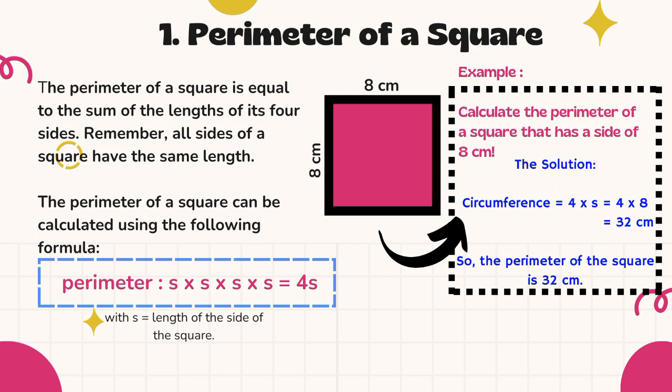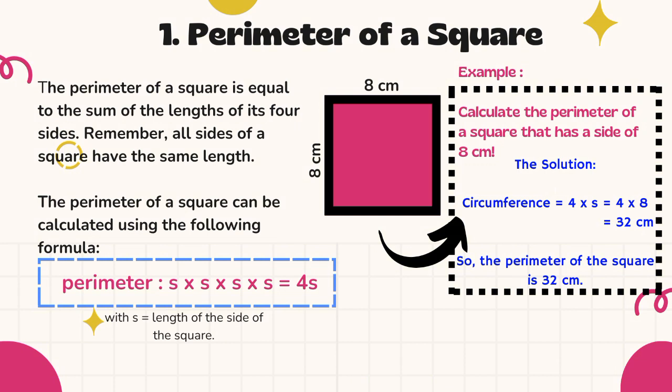The perimeter of a square is equal to the sum of the lengths of its four sides. Remember, all sides of a square have the same length. The perimeter of a square can be calculated using the following formula. Perimeter is S plus S plus S plus S equals 4S, with S the length of the side of the